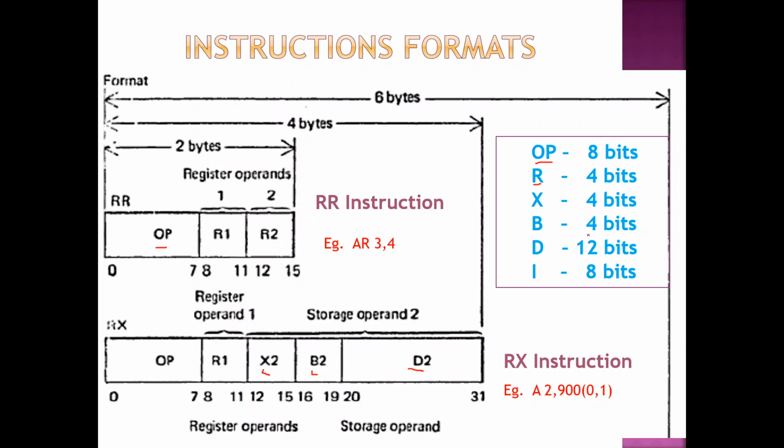So it is going to be represented using how many bits? 4 bits only, right? D here means displacement. What is displacement? Say for example here in this instruction 900 is a displacement. So displacement always needs 12 bits to store. Displacements will be needing 12 bits. So why 12 bits? It depends on how much memory is given to you by IBM 360. Based on how much memory you have, it is represented using 12 bits.